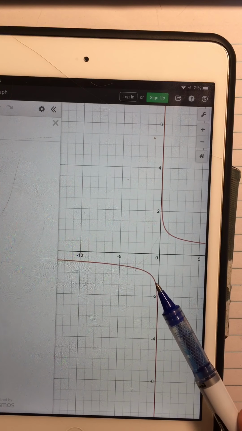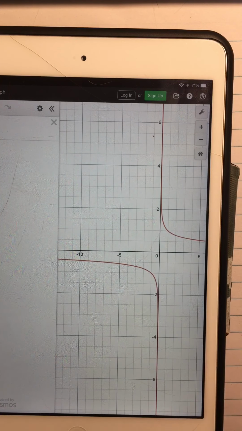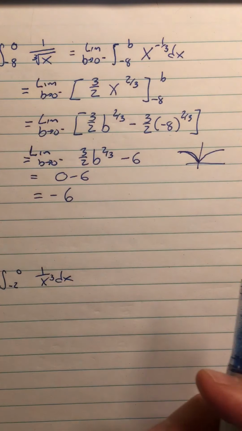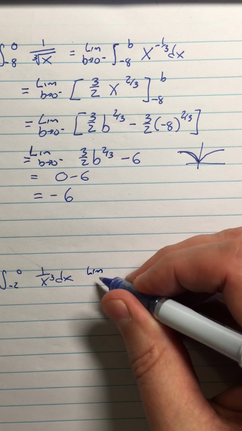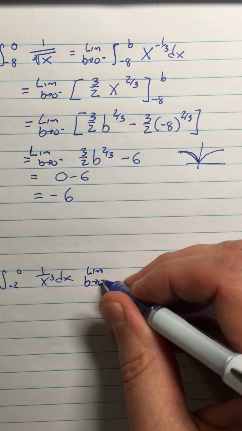It's all below the x-axis. The function is below the x-axis, so that stuff is all negative. That area is all going to be negative. Okay, this one, so we're going to say this is the limit as b approaches 0 from the left, and